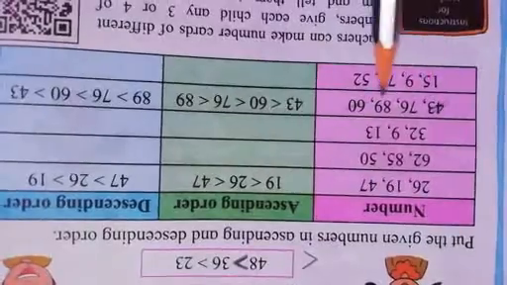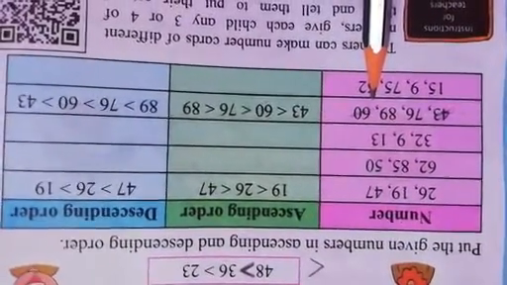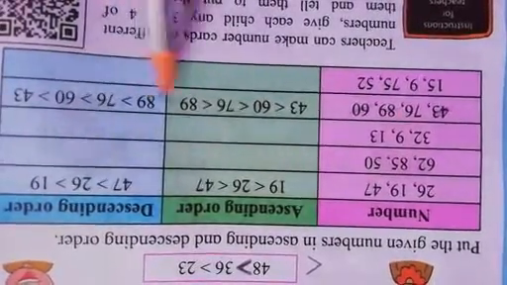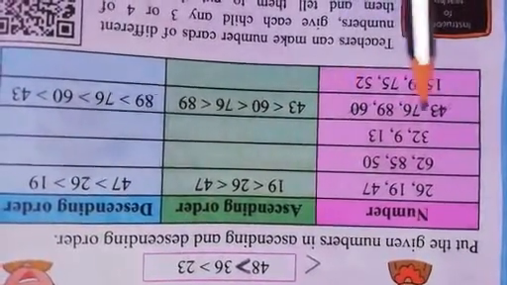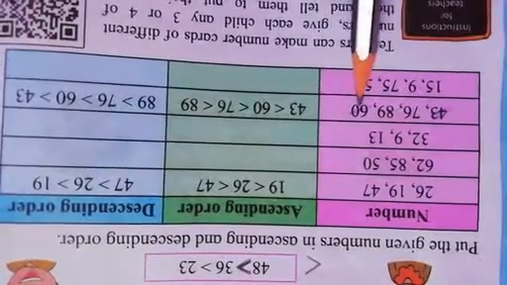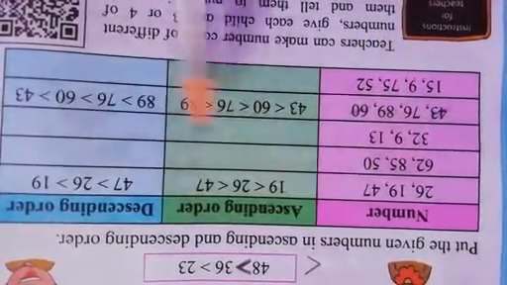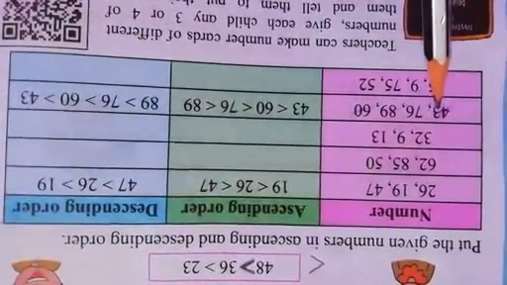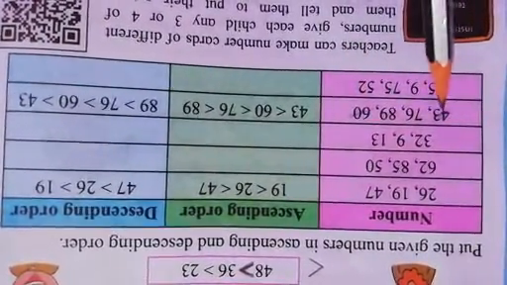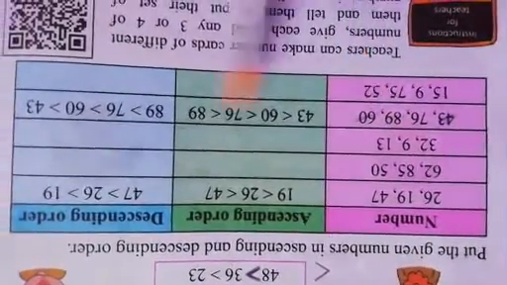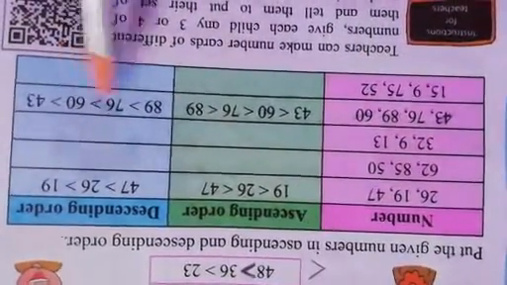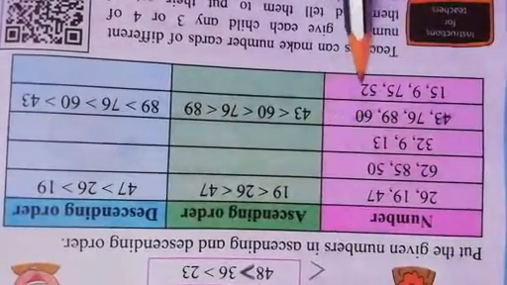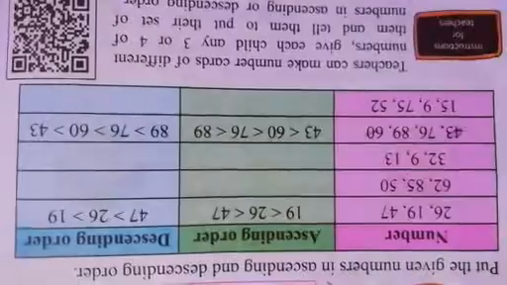So which number is bigger or greater? 89. So first write 89. Then 1, 2, 3 numbers left. 43, 76 and 60. From this now which is greater? 76. So we have to write here 76. Then now which number left? 43 and 60. So now which number is greater from 43 and 60? 60. So we are going to write here 60. And then which number left? 43. Okay, so similarly 1, 2, 3 examples you have to solve by your own.